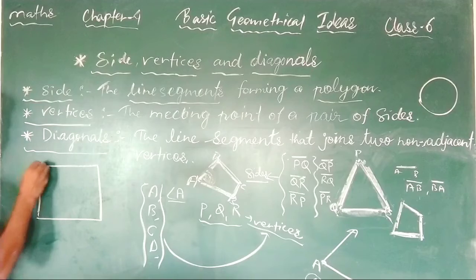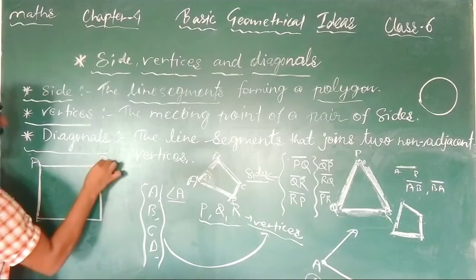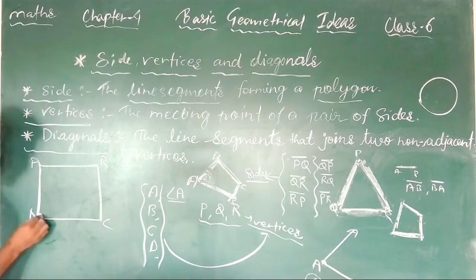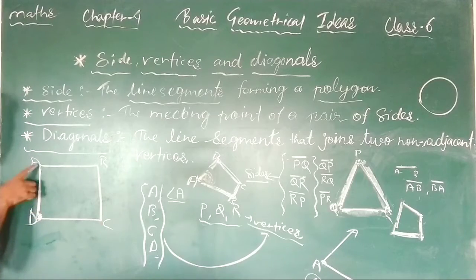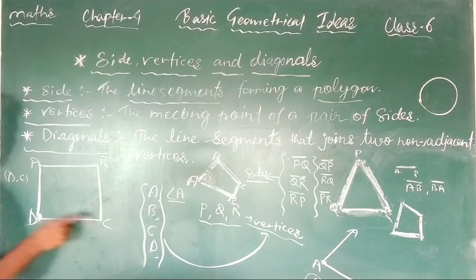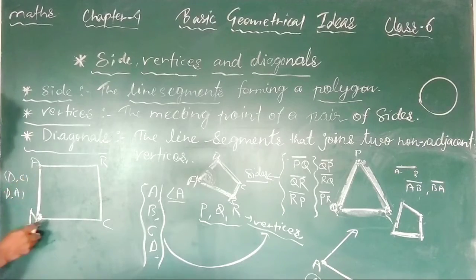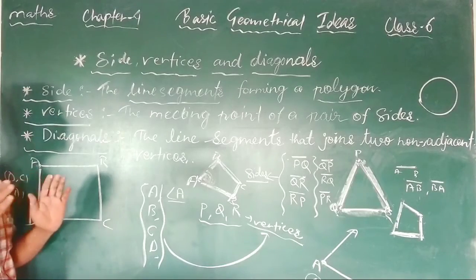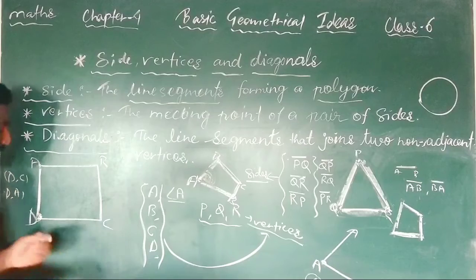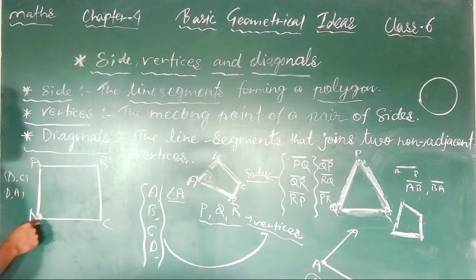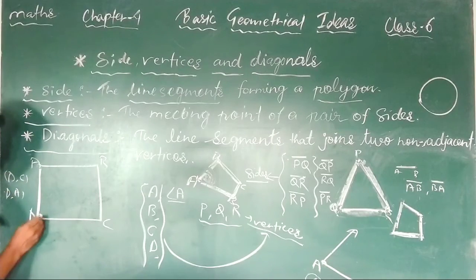So suppose this is a quadrilateral, and now where is the diagonal? By the definition, the line segments that join two non-adjacent vertices. If you take this as a vertex, then this one and this one will be adjacent to it, because DC, these two are adjacent vertices here. If you write DA, these two are also adjacent. So you cannot take C, you cannot take A, because if you take C, then C becomes adjacent, being a continuous vertex. Adjacent means if on the same line both the ends are there, they are said to be adjacent vertices. So you only have the option of this vertex and this vertex.